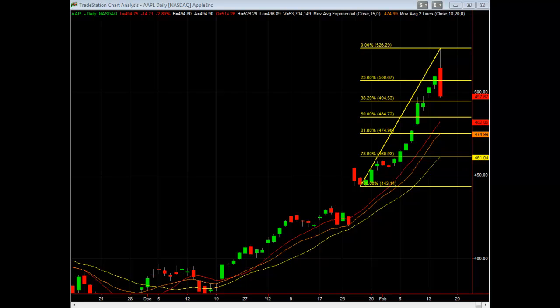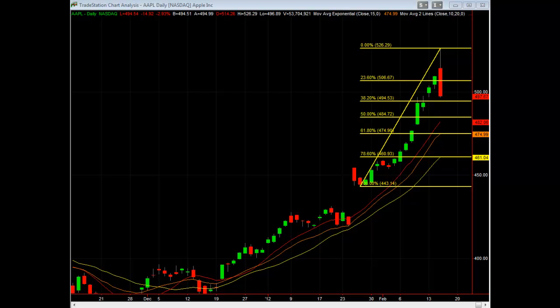Now the market weighting of Apple also can have a major impact and effect on the broad markets. The weighting of Apple in the S&P 500, the SPX, is approximately 4%, and of the NASDAQ 100, it's 12%. So the markets have been just going up, kind of grinding higher over the past month without any kind of pullback, and a lot of that can be attributed to Apple and its huge parabolic move that it's been having, because it controls a lot of the volume.